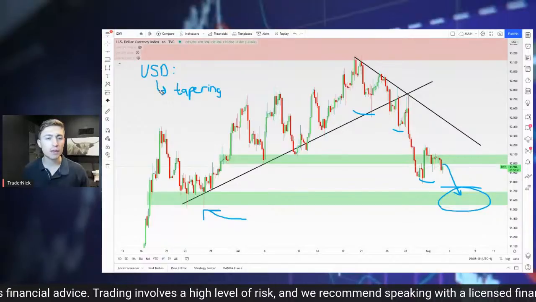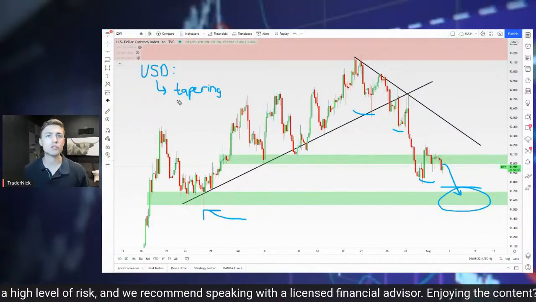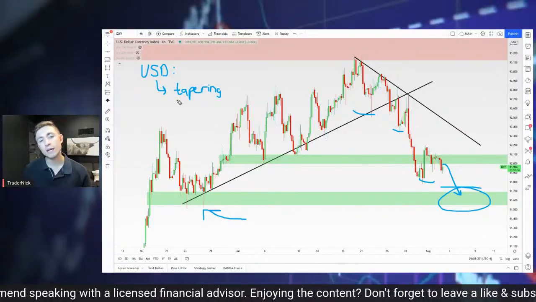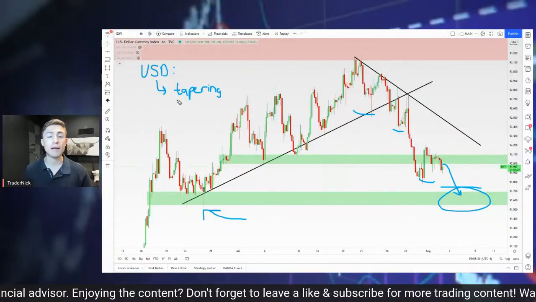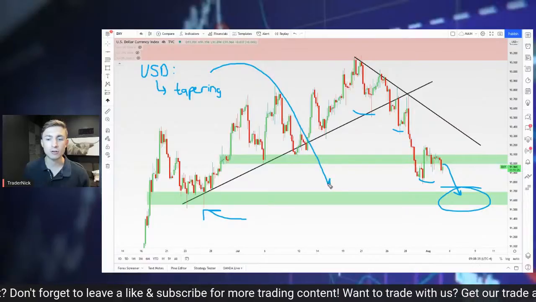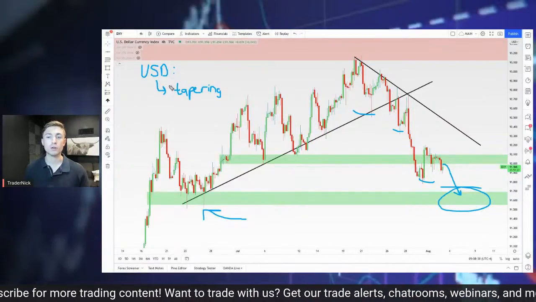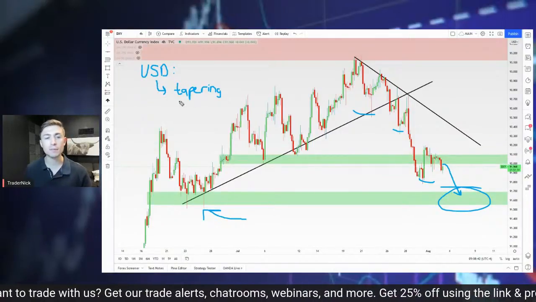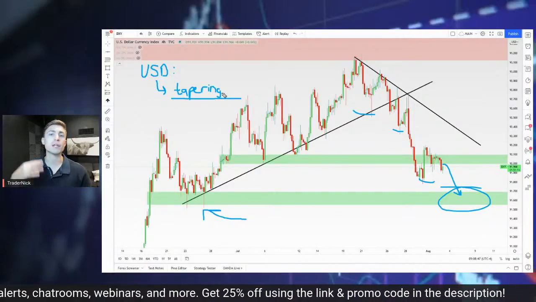This concept of tapering is about trying to pull back on that, because you can only print so much money, theoretically. It seems like it's limitless, but the idea is slowing the printing press to hopefully combat inflation. Because when you print a lot of money, what does it do? It causes the value of that currency to go down, which can actually hurt consumers in the longer term. So a lot of people are putting pressure on the Fed to discuss this. Hey, can we stop printing so much money?